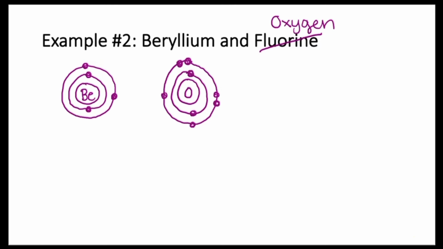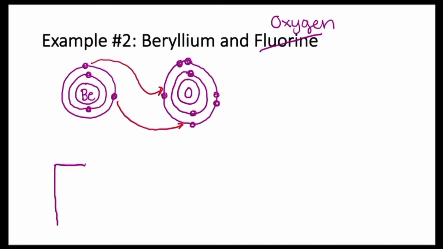So 1 is going to be donated and pair up with this one, and the other one, which I've drawn up here, will pair up with this electron. So it's donated its 2 extra electrons, and oxygen has taken up those 2 electrons, allowing them both to have full valence shells. So our ending result then,